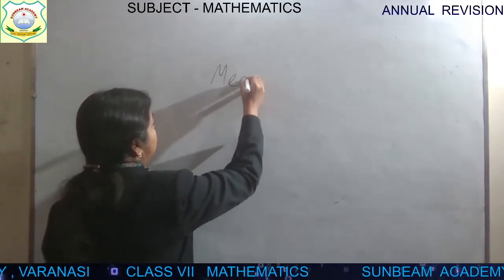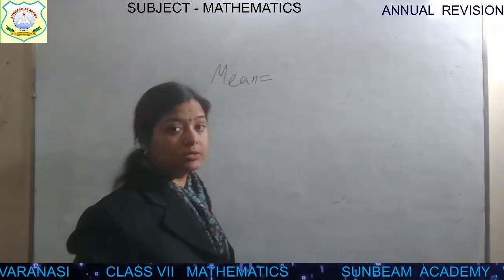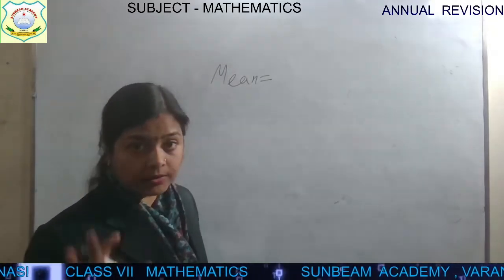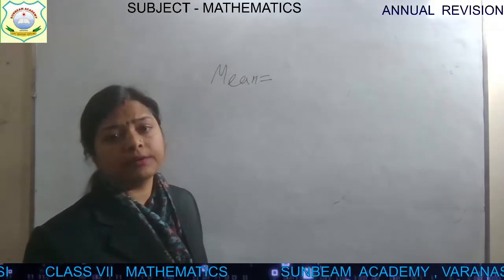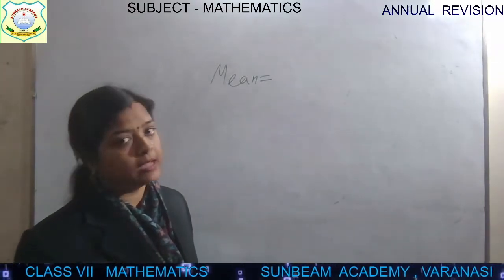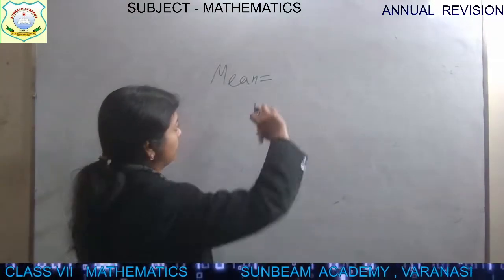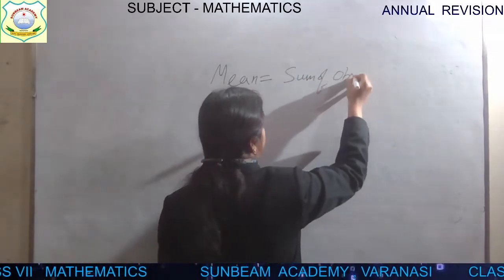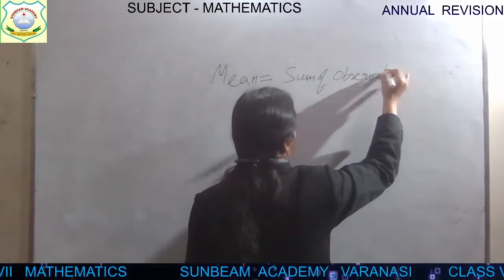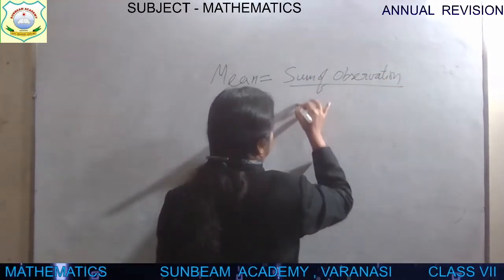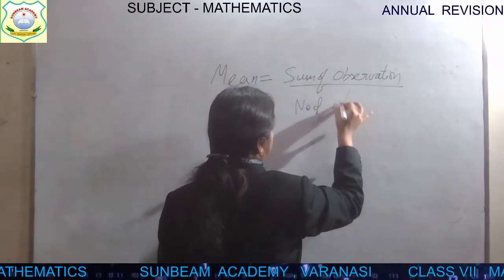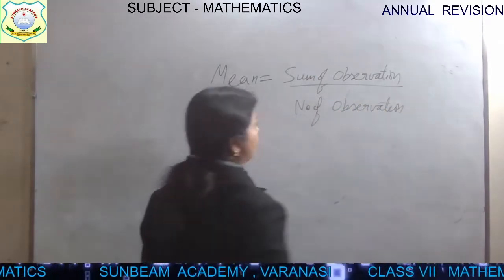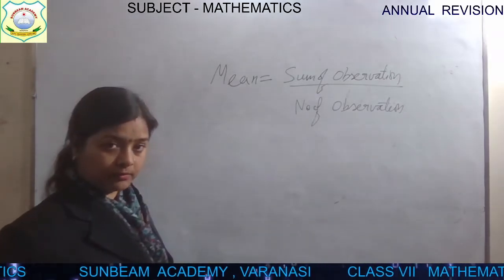For finding the mean, the formula is: you will write the observation first. Whatever observation is given to you, you will write it first in ascending order. For mean it is not required children, but if it is in your habit, that will be good for you. So write down the data in ascending order, then sum of observation divided by number of observation. This is the mean. Okay.